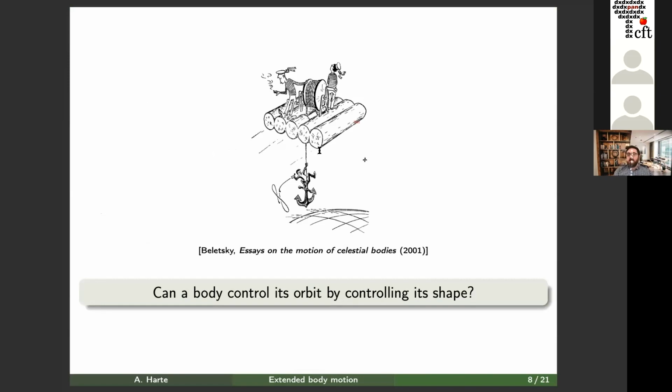Okay, so this is kind of the idea that I was just hinting at, and it's a central question: can an object control its orbit by controlling its shape? If you have some spacecraft stuck in orbit around something, and you've run out of fuel, you can't use your rockets, are you stuck? Can you possibly get home? Perhaps the surprising answer is that you're not necessarily stuck. You might be able to get home. Now, you have to be very patient usually, but it is possible.